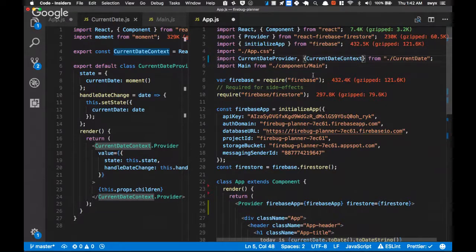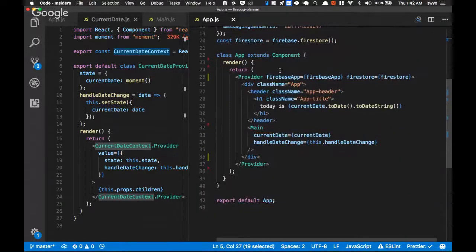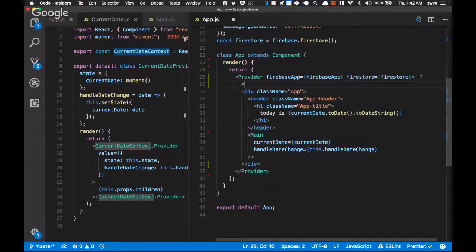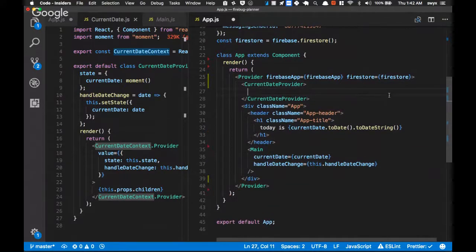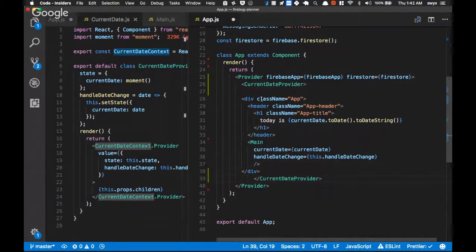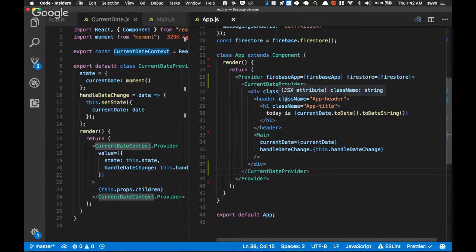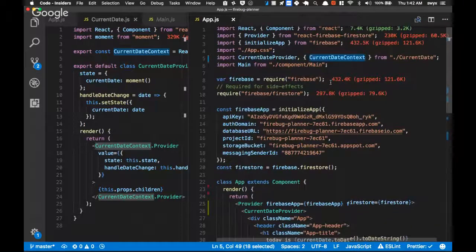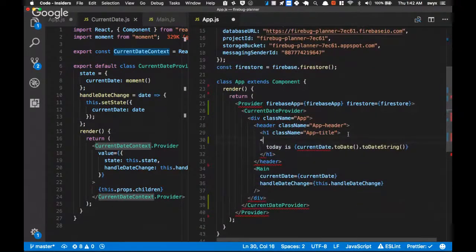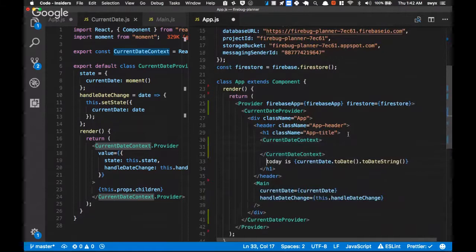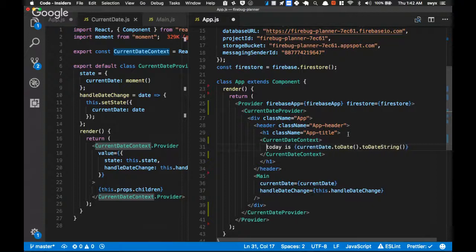So I'm going to do essentially similar to what React and React Component does, but here we're concerned with the provider. So let's do the provider. I'm going to provide everything to the rest of the app. So anything inside here has access to the context. And then within the context, for example, if I want to use this, and I need the current date, what I do is the structure